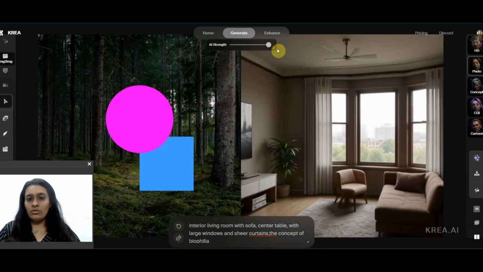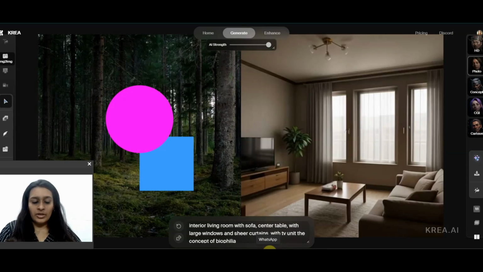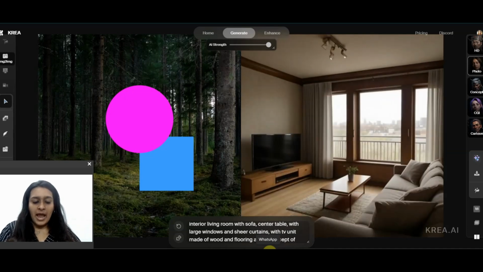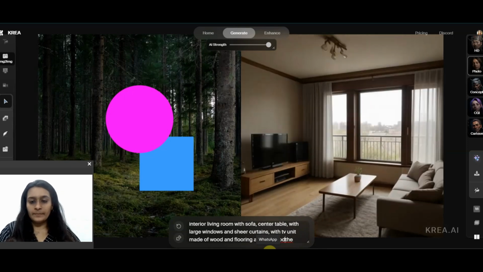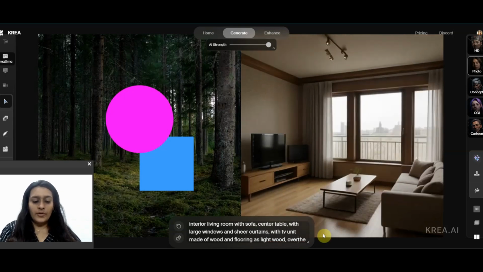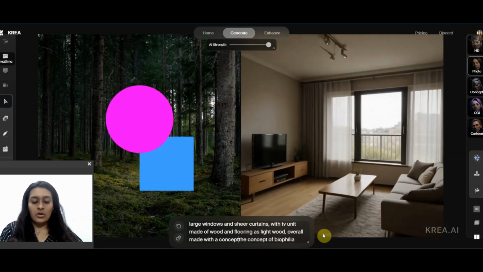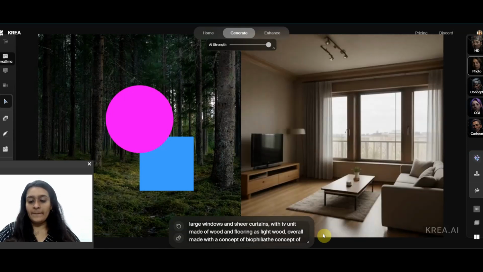AI strength to full. All right. With sheer curtains, with TV unit made of wood and flooring as light wood, overall made with a concept of biophilia.